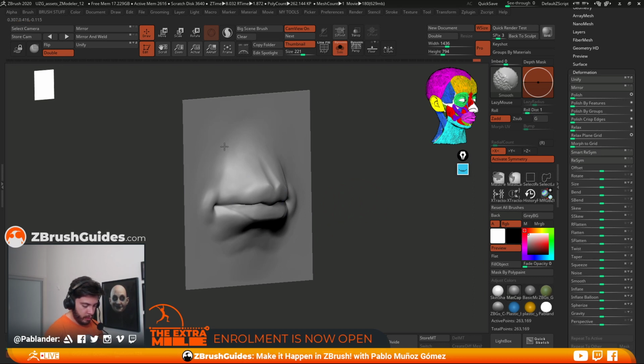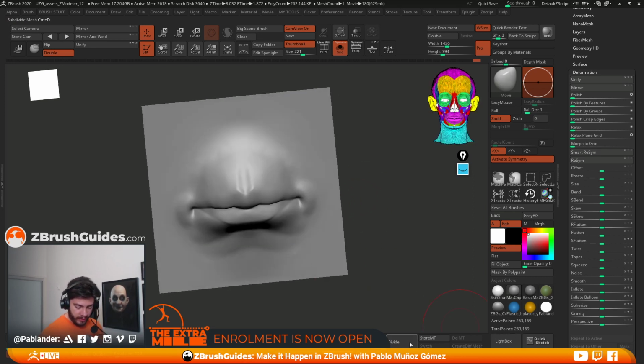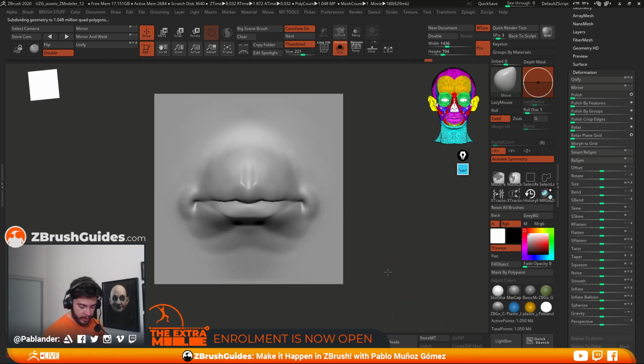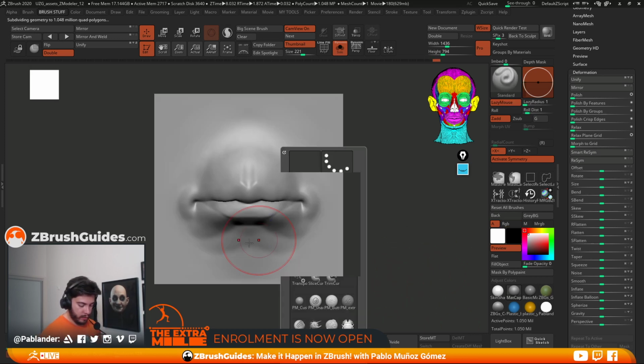Alright, so now that I smoothed all that, we can go ahead and subdivide this one more time, and this is kind of like the final subdivision, and we can go ahead and start refining this again. So with the standard brush,